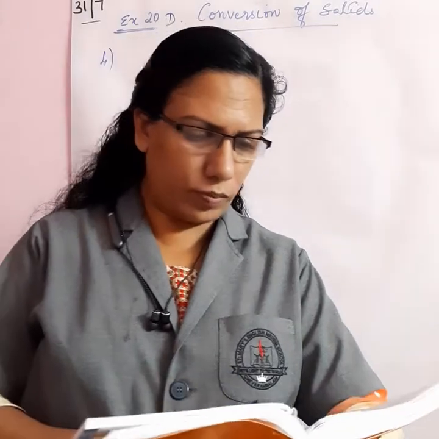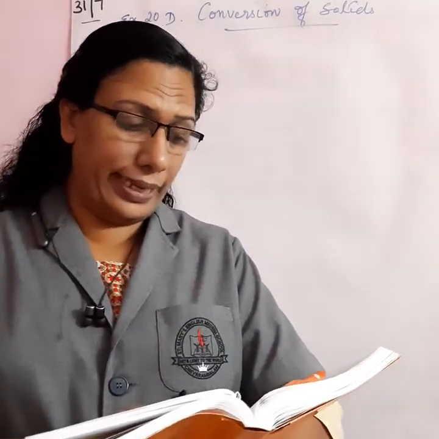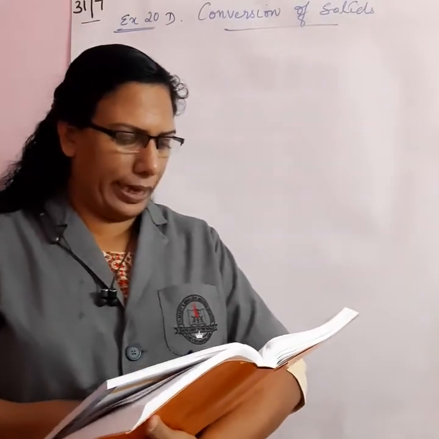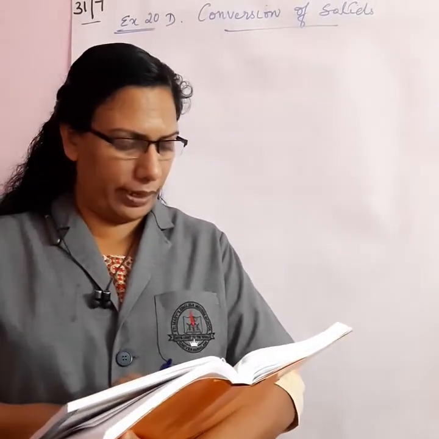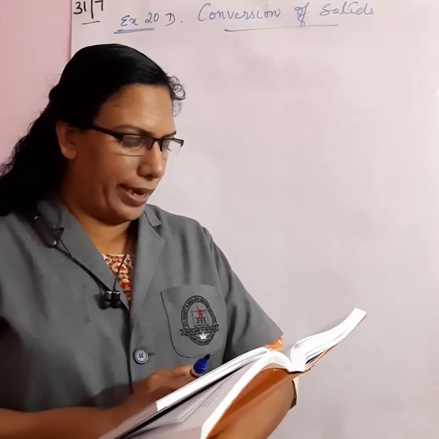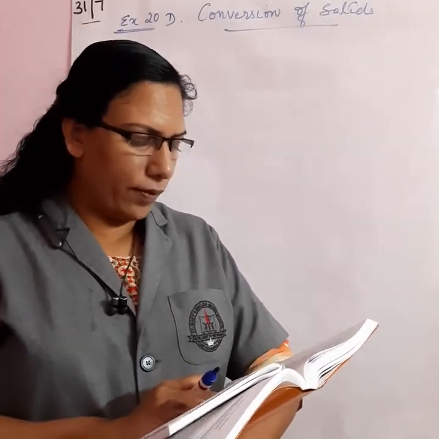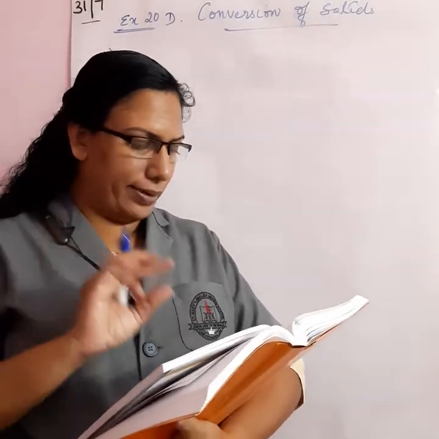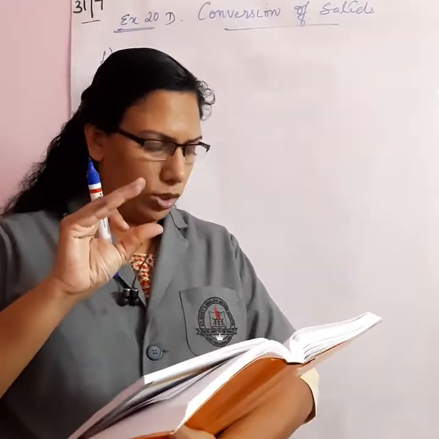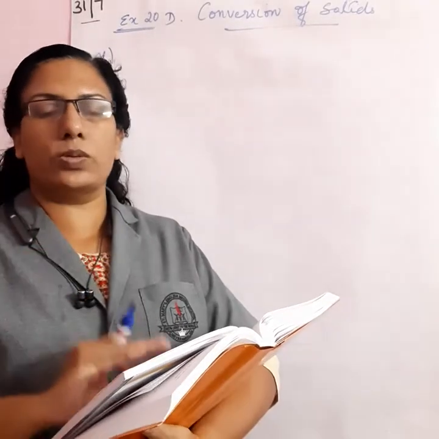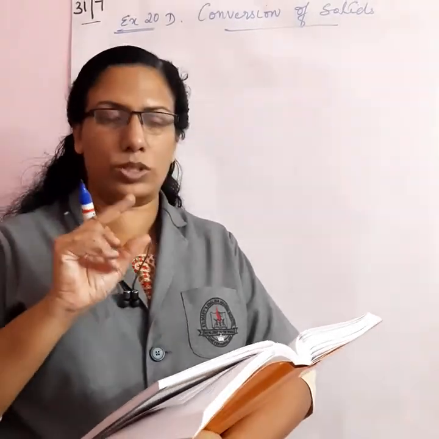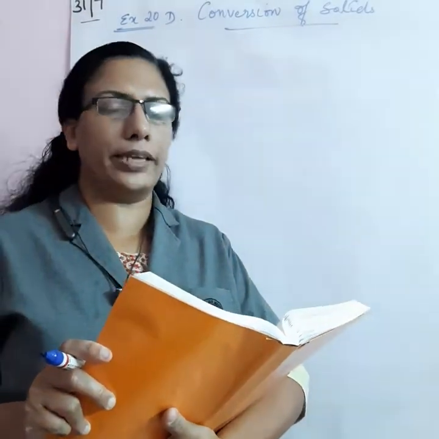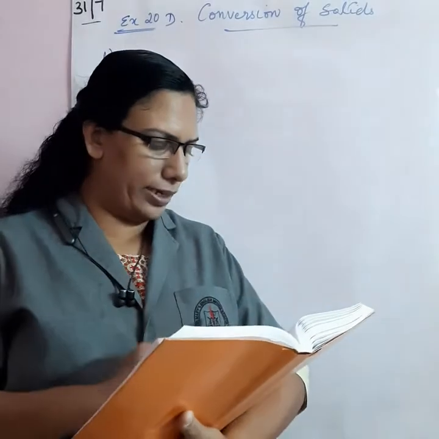Fourth question. Total volume of 3 identical cones is the same as that of a bigger cone whose height is 9 and diameter 40. Find the radius of the base of each smaller cone if height of each is 108 centimeter. What is given? There are 3 identical cones, 3 small cones. Its total volume means what? They are identical cones, so volume of one cone is 1 by 3 pi r square. So 3 means 3 into 1 by 3 pi r square.